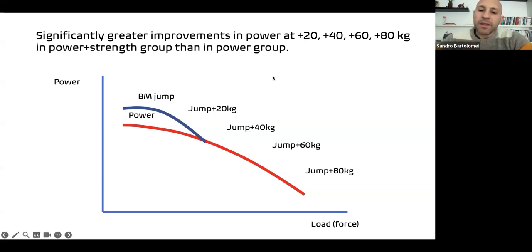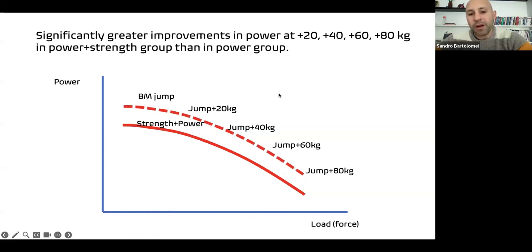So the improvement when additional load was put on their shoulder was not significant. However, the group that performed body mass jumps, but also additional load, so strength and power, obtained an improvement in